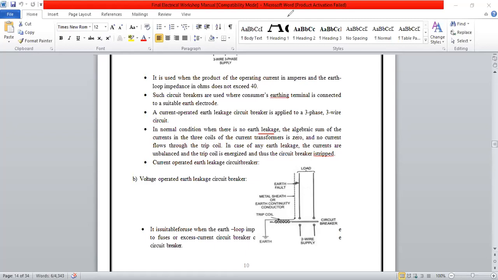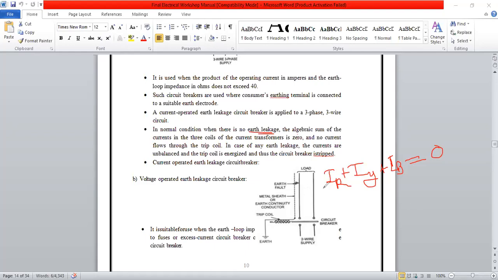I think this part you have studied in the power system. Sorry, not studied, you will study it in the power system. आता power system मध्ये बघणार आहे तुम्ही. तो sum of algebraic current from each phase or each coil, that is suppose R phase मधून फ्लो होणारा करंट IR प्लस Y phase मधून फ्लो होणारा करंट IY प्लस B phase मधून फ्लो होणारा करंट IB. Sum of all the current is equal to 0 when there is no earth leakage.